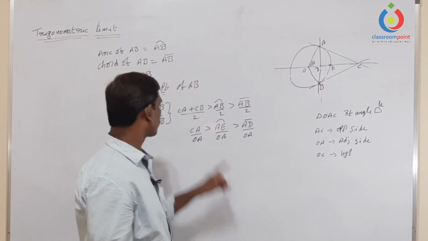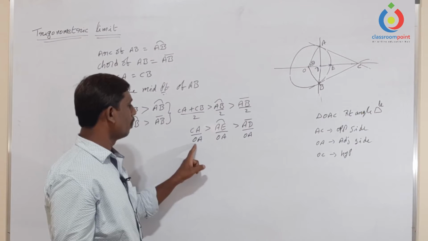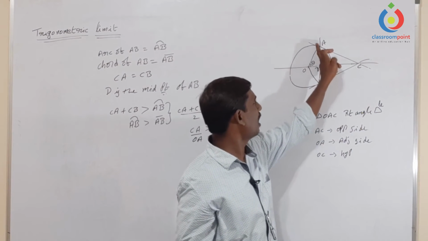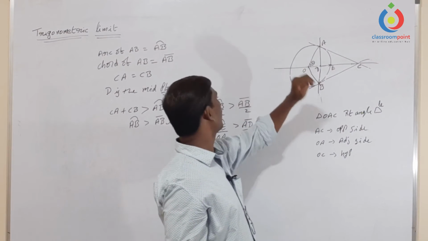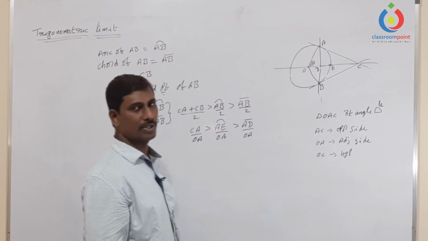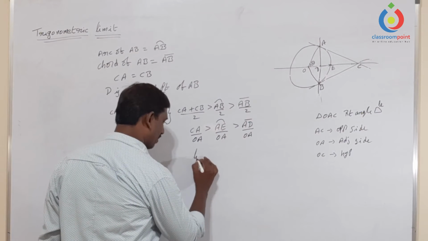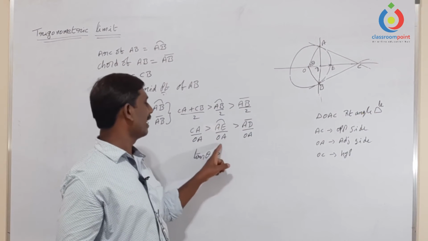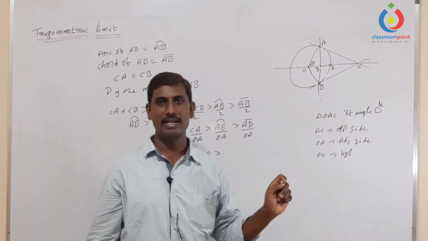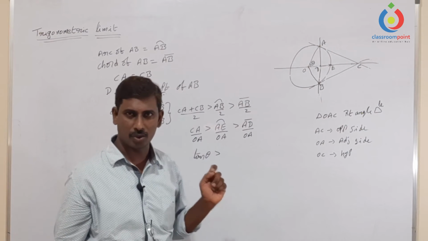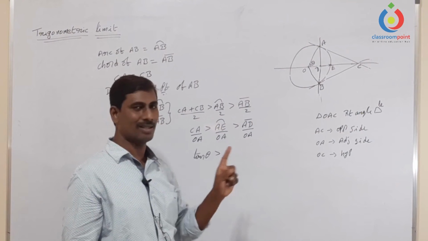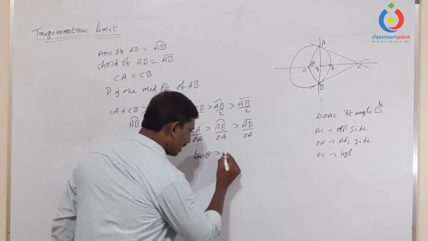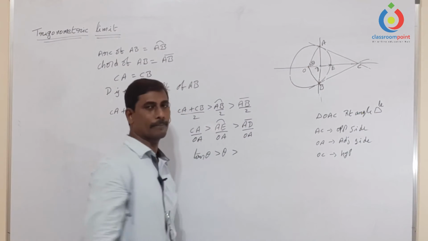First point: CA by OA. That means opposite side by adjacent side. Opposite side by adjacent side means it is tan theta, greater than arc by radius. Arc by radius means angle; in the lower sections you know already that arc by radius means angle. Here we are considering the angle as theta, then this is theta, then greater than